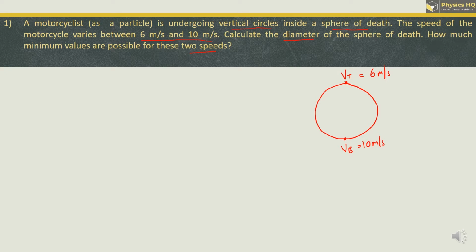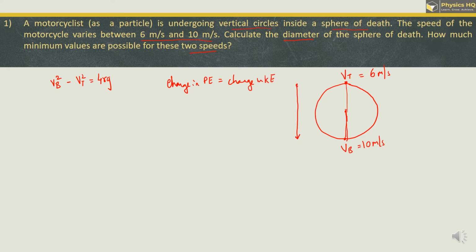Next, they want to know the diameter of the sphere, for which we will be using this relation. Velocity at bottom square minus velocity at top square is equal to 4rg. So where did this come from? What we did was we used something called the principle of conservation of energy, in which change in potential energy is nothing but change in kinetic energy. So when the particle goes from top position to the bottom position, it is losing height, and when